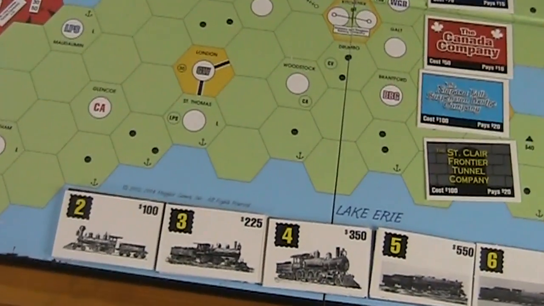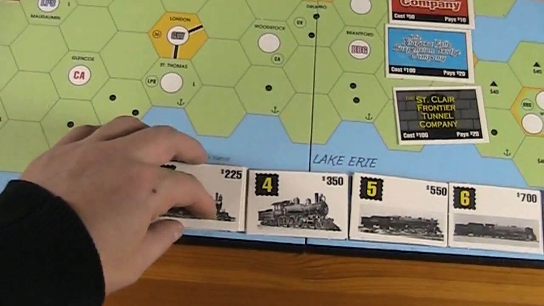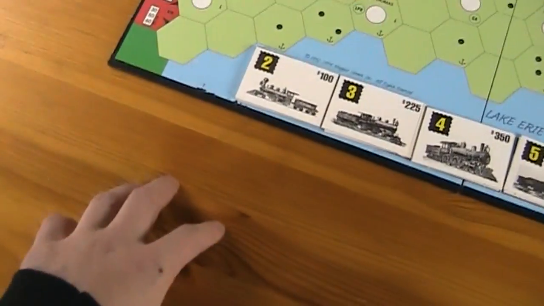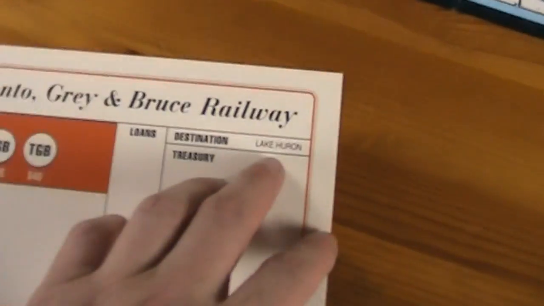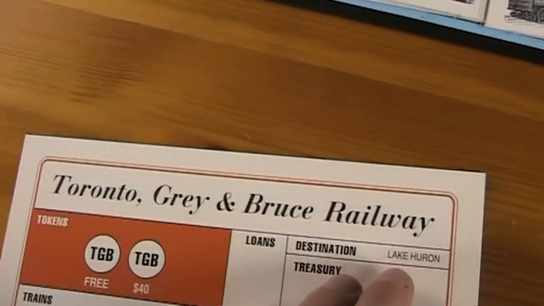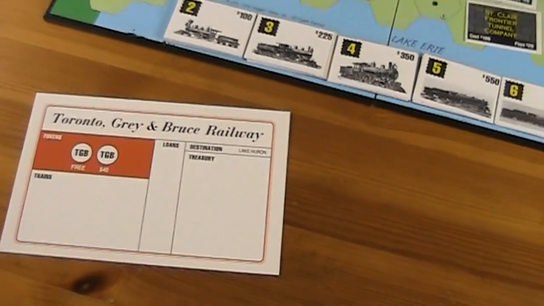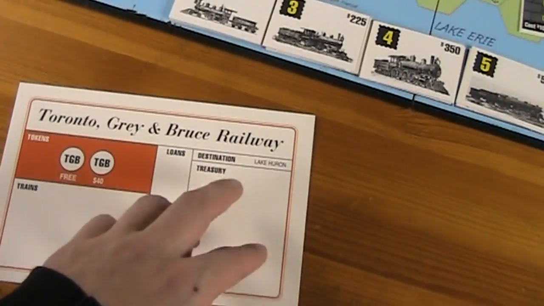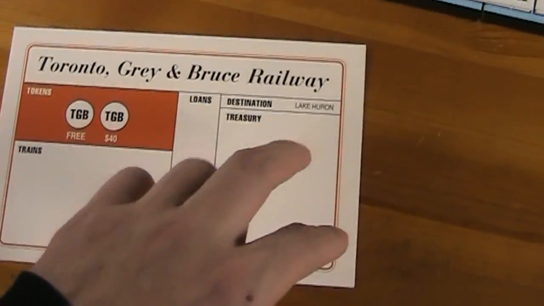Oh, wait a minute. Actually, I forgot something. During this phase, until phase 4, as I said, the money that is paid for a share in the initial offering goes into the treasury. However, each company has a specific destination. For example, that one here, Toronto Grey and Bruce, has to go to Lake Huron. And the company will only get 50% of the overall value, so the value of 5 shares sold in the treasury,